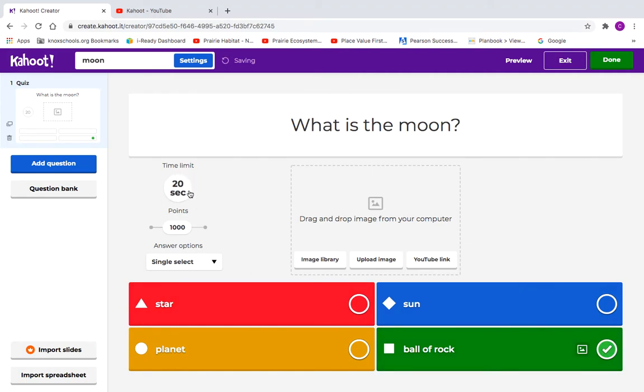Over here, it's the time limit. This is the limit the students will have in order to finish the questions. Since these are multiple choice, 20 seconds is plenty. You can click it if you want it to be less or more. And since we have our first question, I've clicked the correct answer choice, and I'm going to just add another